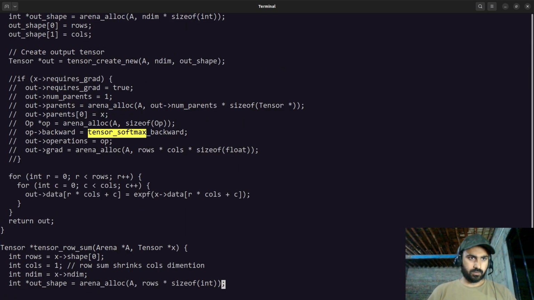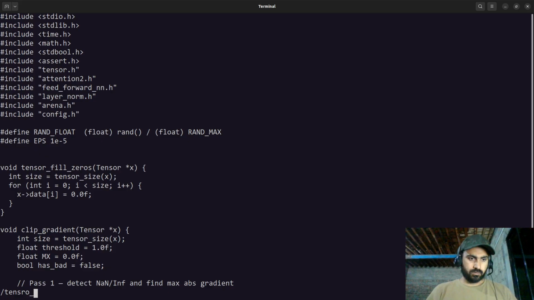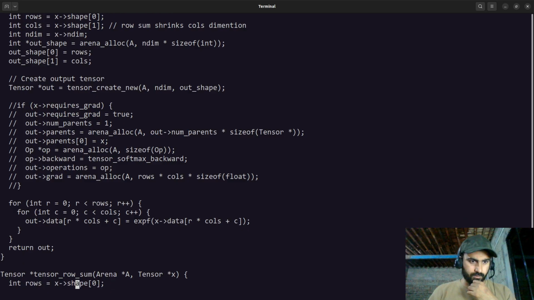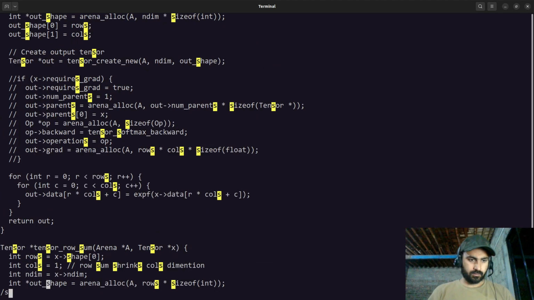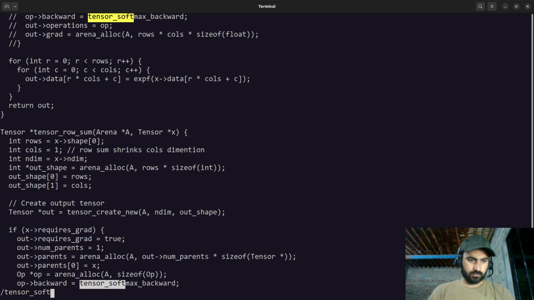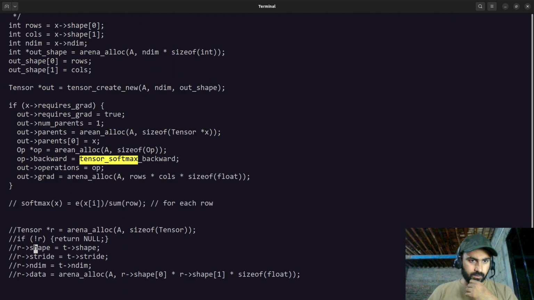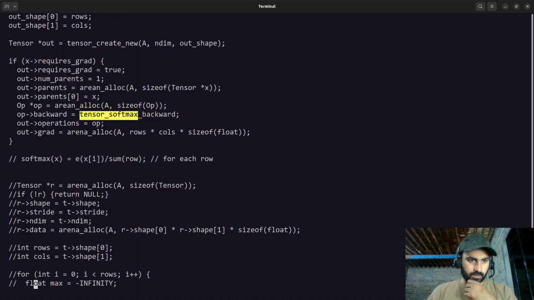Tensor exponent, let's just call it tensor exp, and it returns out. Perfect. Yeah, tensor softmax, and what softmax does basically is